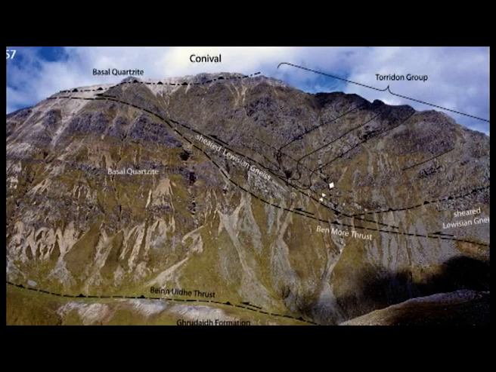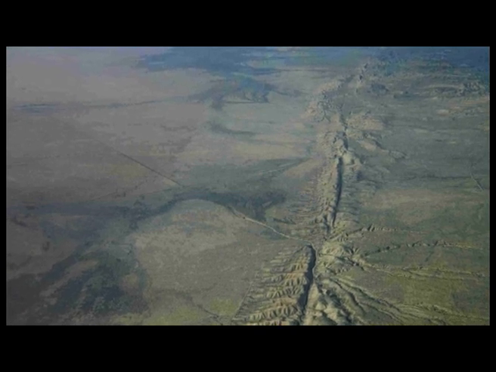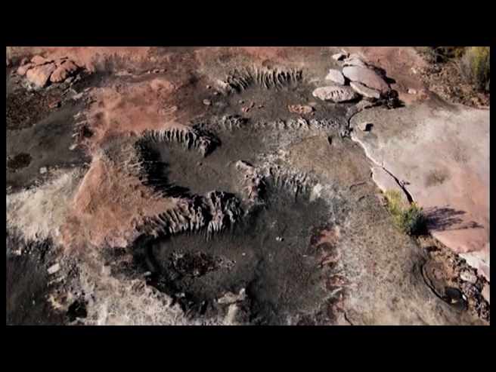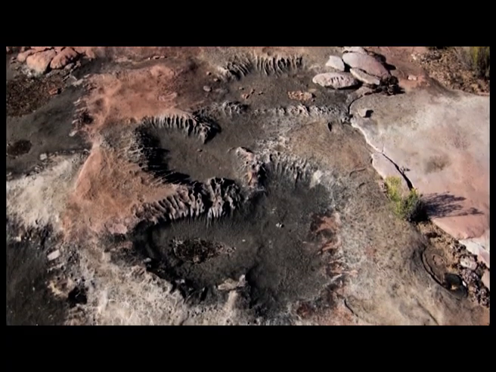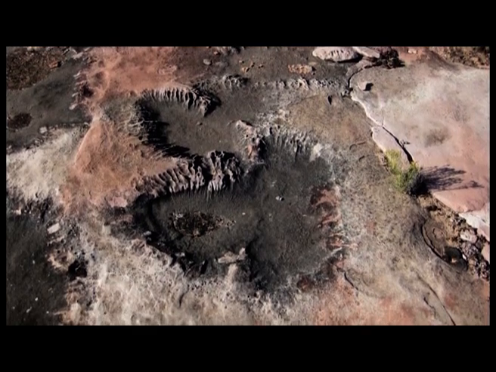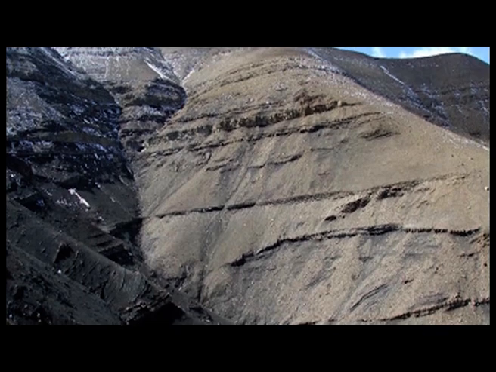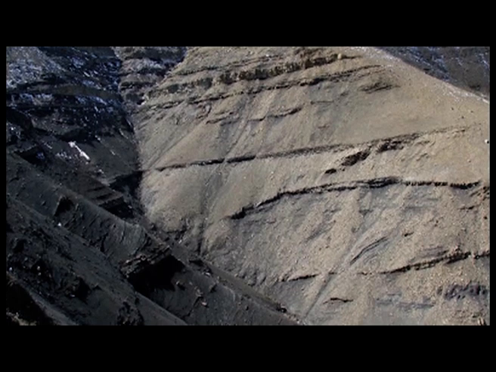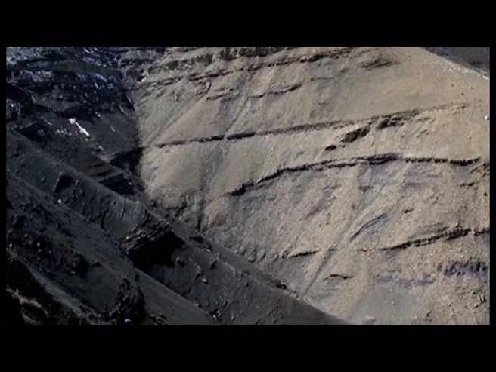Now coming to the recognition of faults in the field. In the field, we have to look at regional scale structures like the discontinuity of the structures, we have to see the repetition and omission of the strata, we have to see the features of the fault plane, the silicification and mineralization along the fault plane, and any sudden change in the sedimentary facies. These are the five different criteria on the basis of which we can recognize a fault in the field. The first one is discontinuity of the structure.